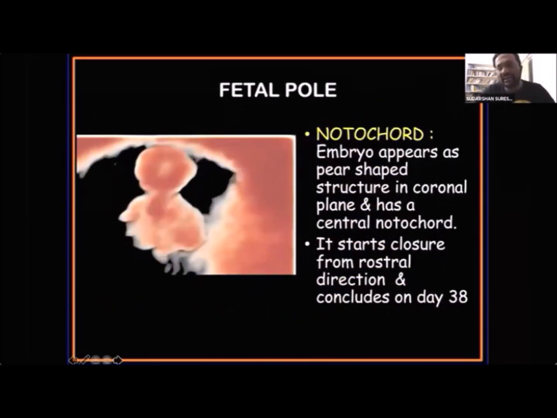So how do we start seeing the fetal brain on the scan? We first see the fetal pole, and the embryo appears as